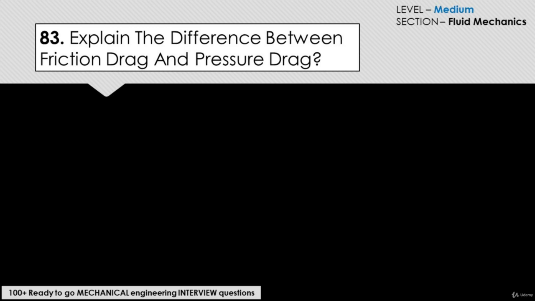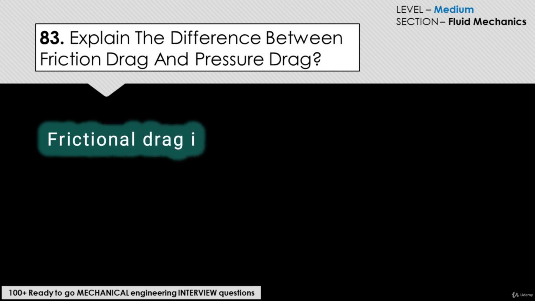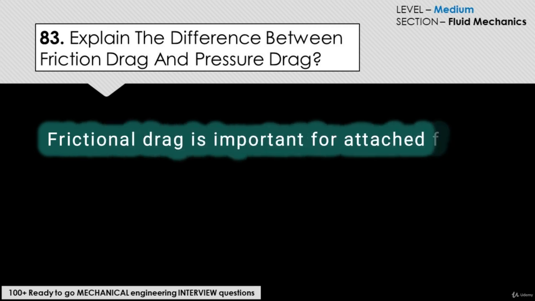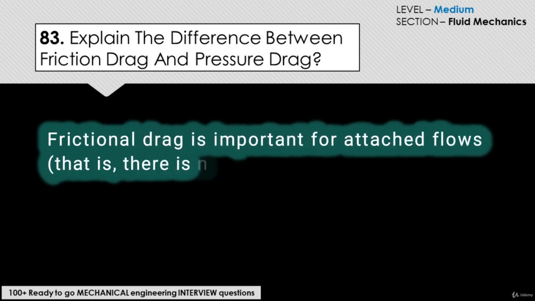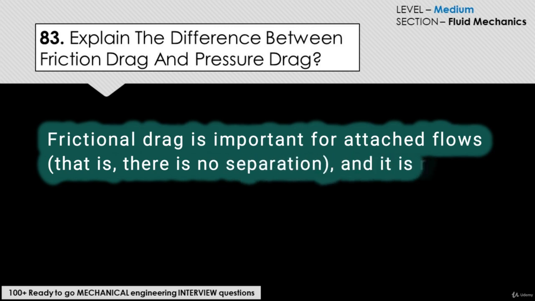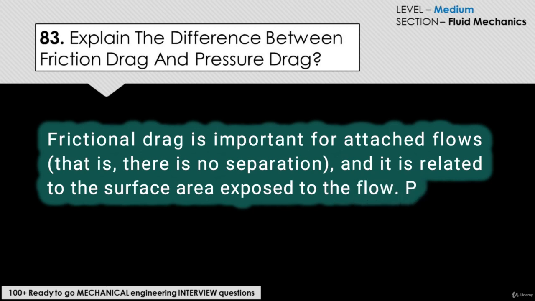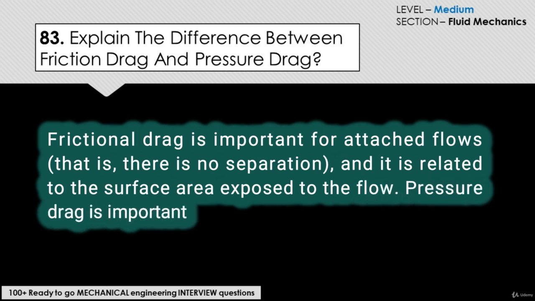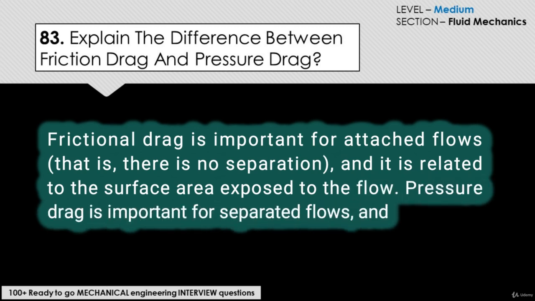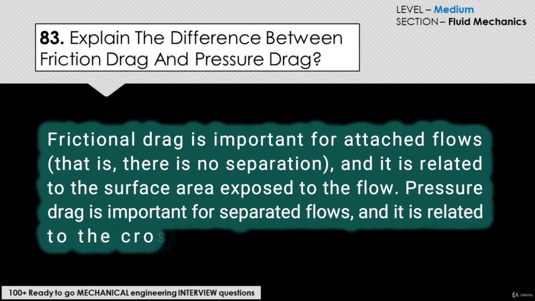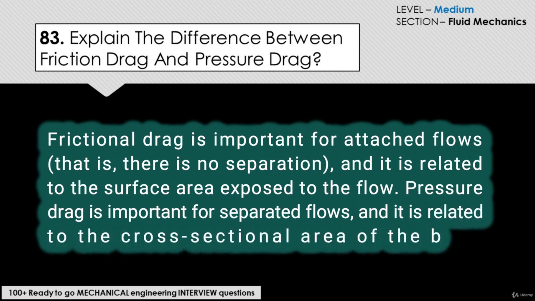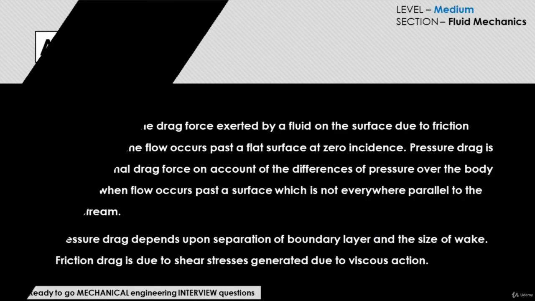Explain the difference between friction drag and pressure drag. Frictional drag is important for attached flows, that is, there is no separation, and it is related to the surface area exposed to the flow. Pressure drag is important for separated flows and it is related to the cross-sectional area of the body. The answer to this question would be,